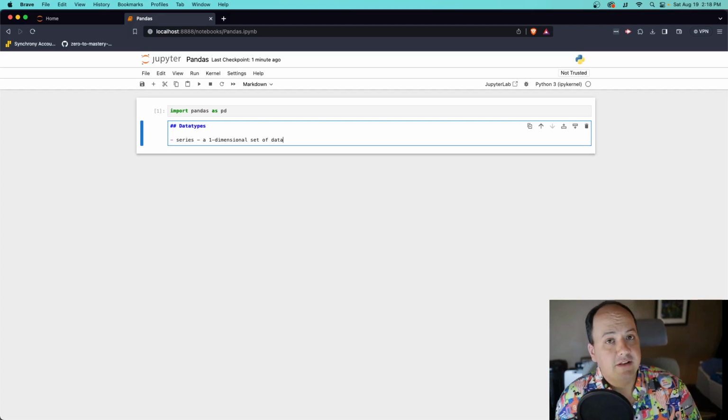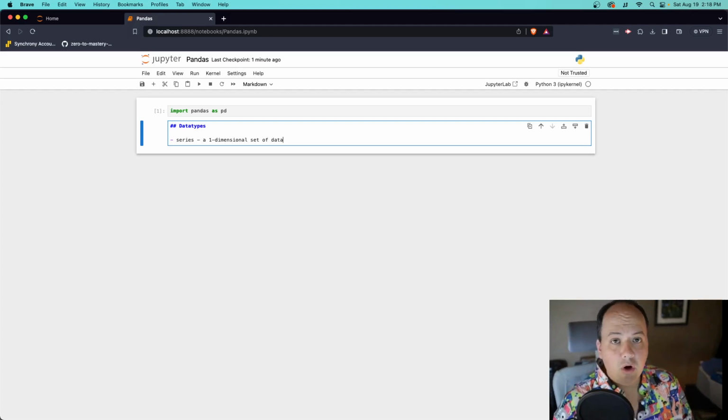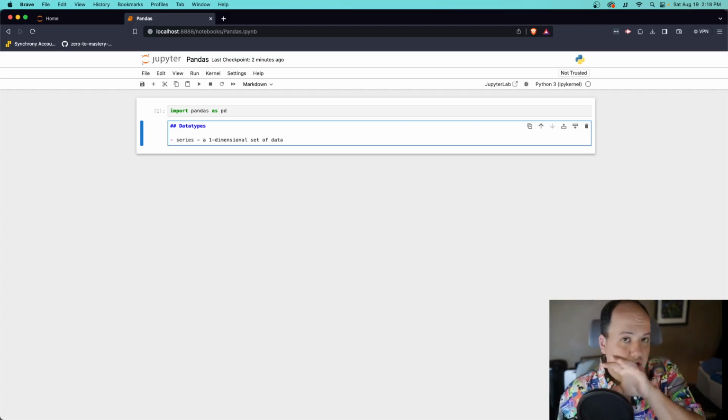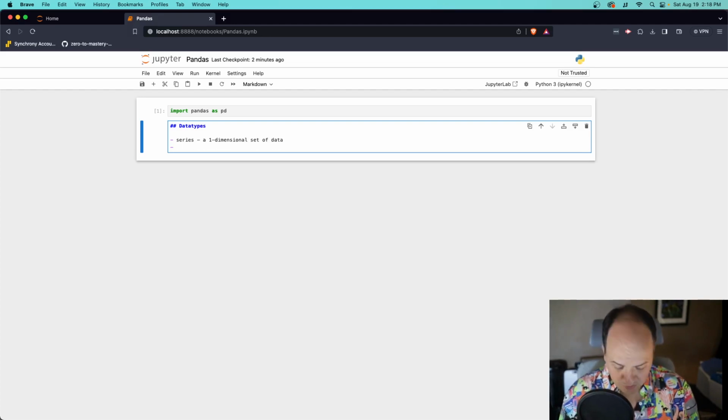You might think about this like a traditional list or array. A series has a few more things going on that are specific to Pandas, but conceptually, it's really just a list or a collection of one-dimensional data,